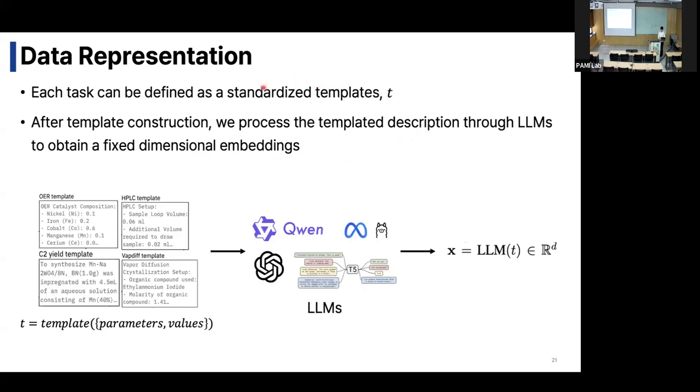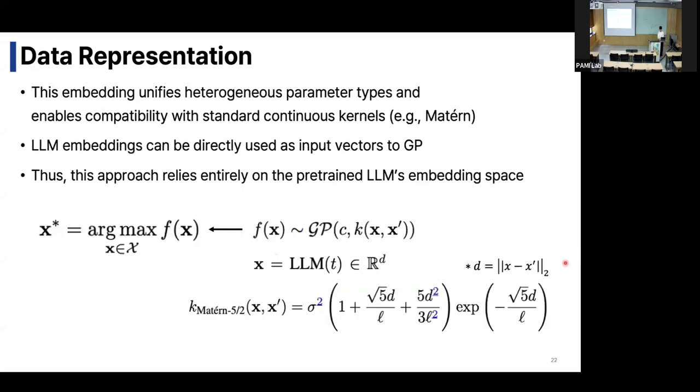To do this, we first define standardized templates T. Each template is a structured representation that includes the parameter name and their corresponding values for a given experimental setup. Once we have this structured template, we use an LLM to convert it into a fixed dimensional continuous embedding. These embeddings act as a unified representation of different parameter types, allowing us to feed them directly into the Gaussian